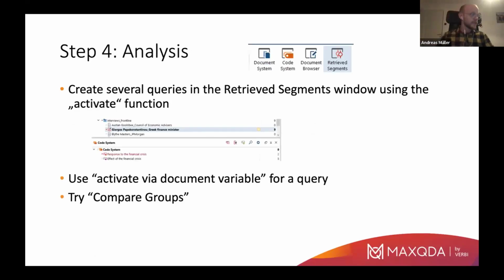So for this goal, analysis is of course key. So how do you analyze documents? I just want to show you the retrieved segment windows and explain to you how activating things works. And then I will show you two examples of a bit more advanced analysis features,